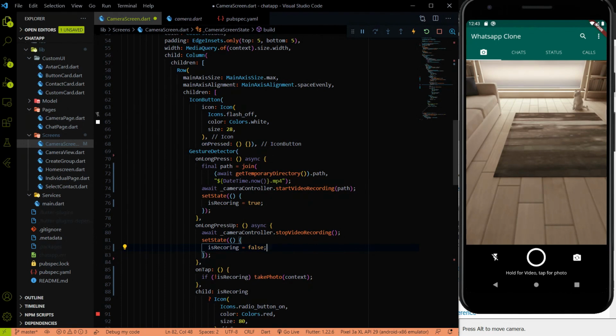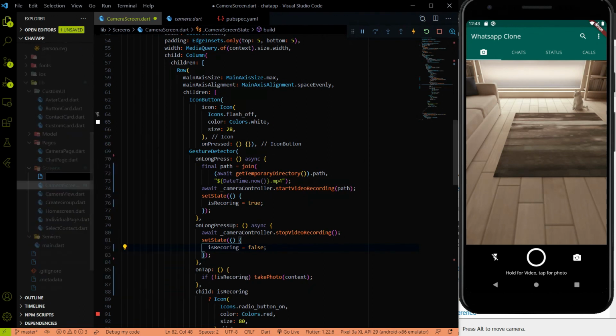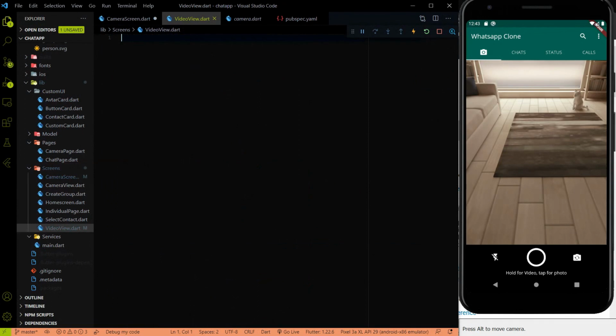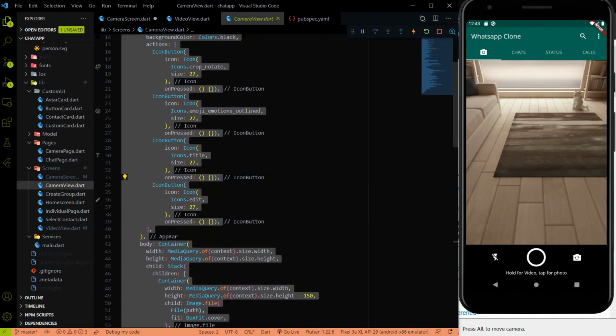So let me create a new page first, then we will validate this thing. Okay, so I'm going to create a new screen. The name will be video view dot dart. Okay, and in video view dot dart, what I'm going to do is just copy the exact code of the camera view, and we are going to modify the code.